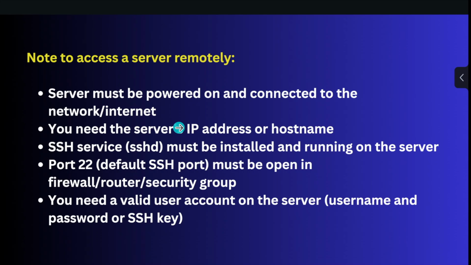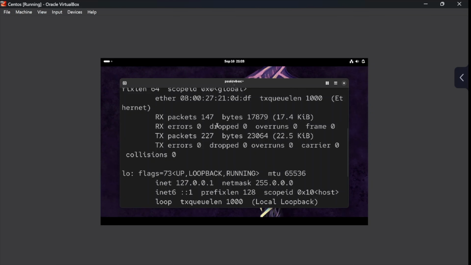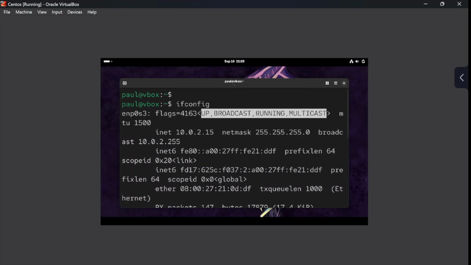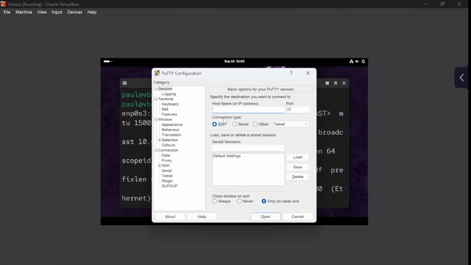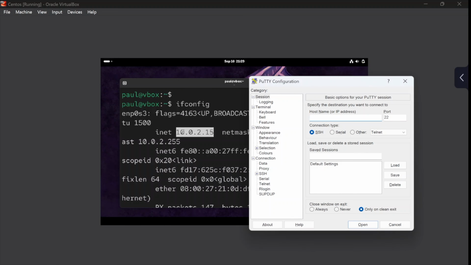So what is the next point? You need the server IP address or host name. There is a command we can use, which is ifconfig. Ifconfig, hit enter. You can see something like this, which is called the network interface, with flags broadcast, running, multicast, and you will see inet, and after that the IP of this machine, 10.0.2.15. Okay, simple. Let's use this IP. So this is my Putty terminal. I will simply use